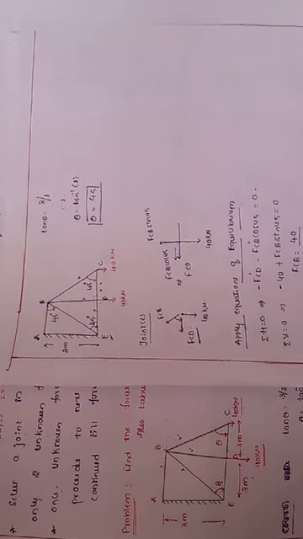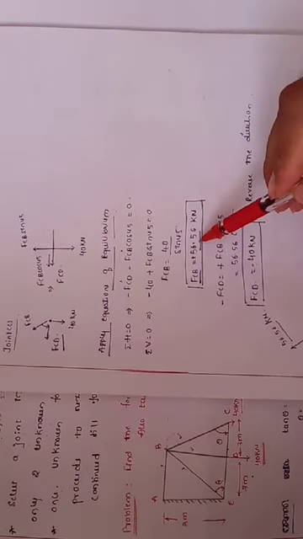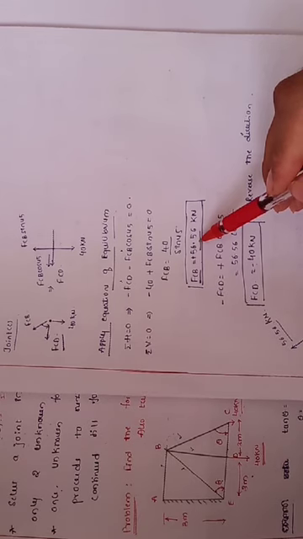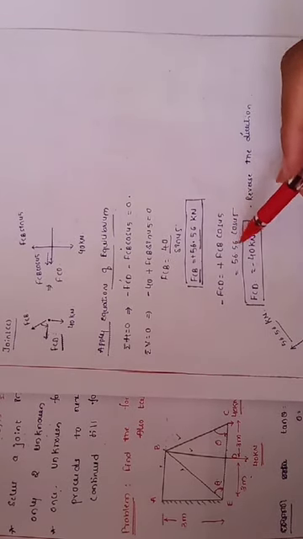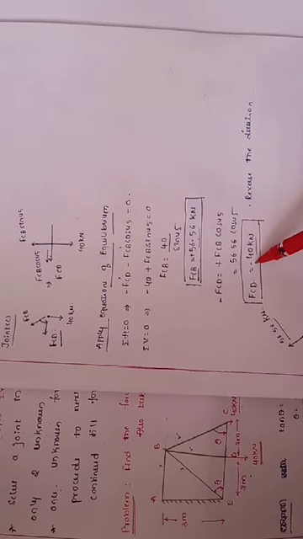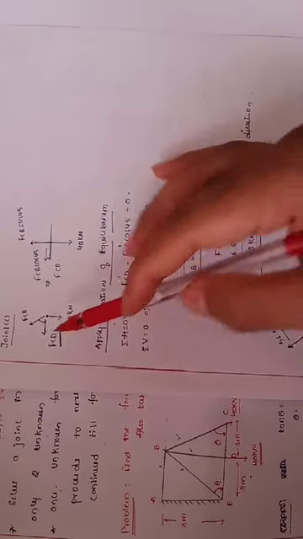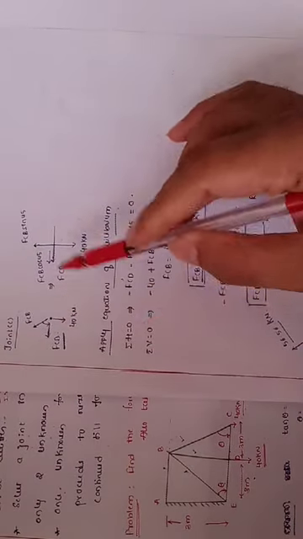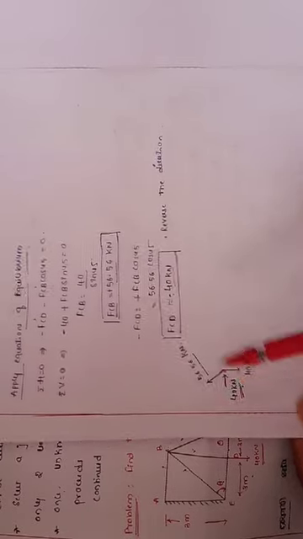Once you apply the equations of equilibrium, FCB I got 56.56 kilonewton. So substitute back into summation of H equal to 0, so that will be 40 kilonewton I got. So what I got? A negative value. So this negative indicates whatever the direction you have assumed here, that will be wrong. So what you have to do, you should reverse this direction. Instead of in this end, you should reverse the direction like this. So here I have reversed the direction, so that will be 40 kilonewton.